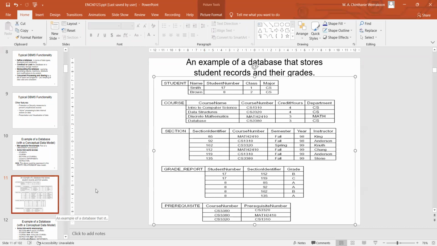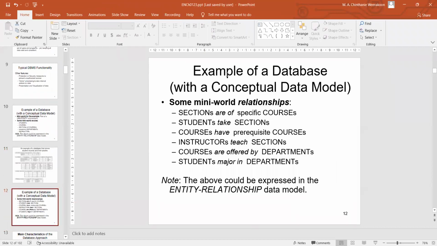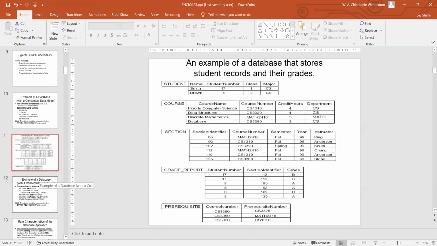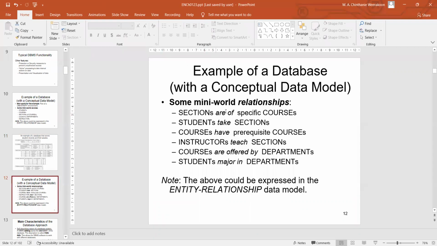Okay, let's see some of the relationships that we can see from here. An example of a database. If we refer to the previous example that we had here, we can say sections of specific courses. Students take sections. Courses have